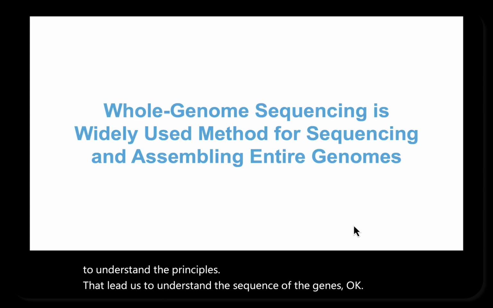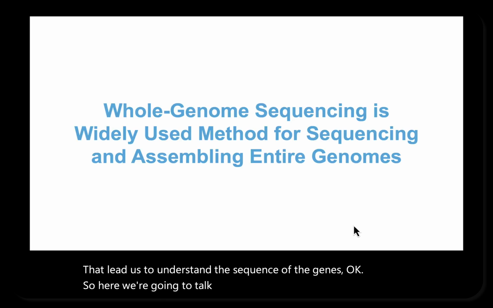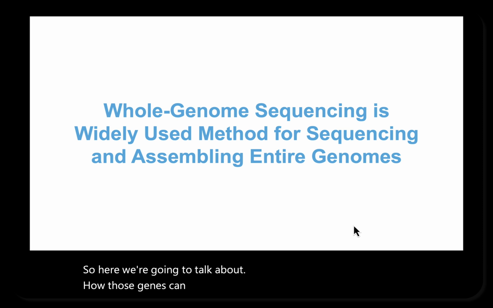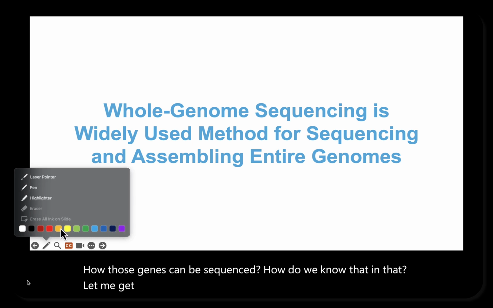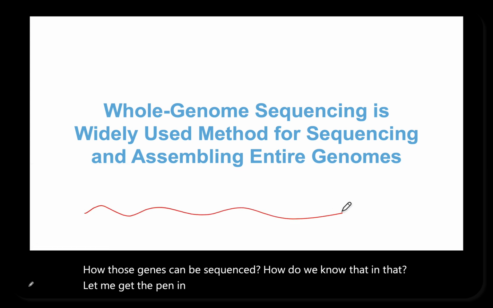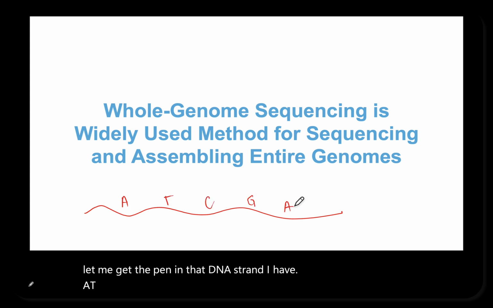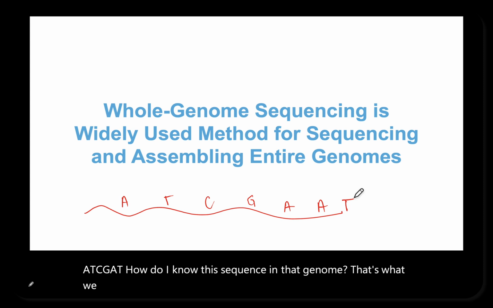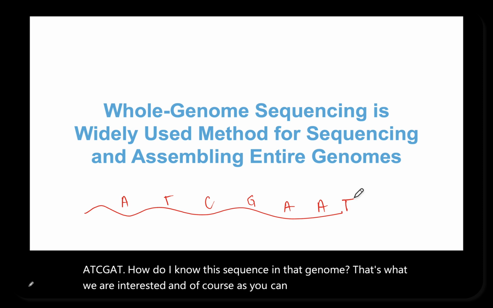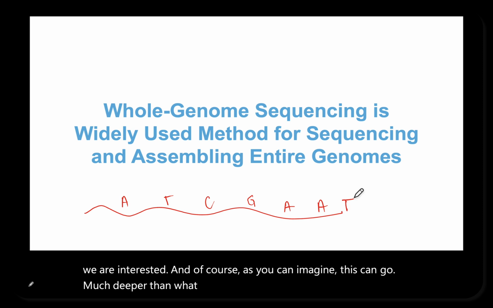Okay, so here we're gonna talk about how those genes can be sequenced. How do we know that in that, let me get the pen, in that DNA strand, I have A, T, C, G, A, T. How do I know this sequence in that genome? That's what we are interested in. And of course, as you can imagine, this can go much deeper than what I'm gonna cover in this class, but let's just try to understand the general principles of the